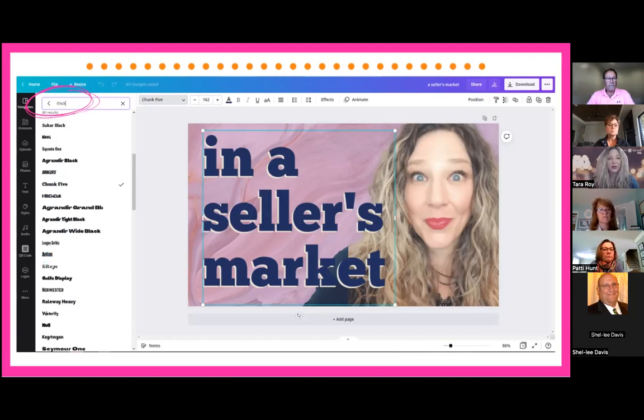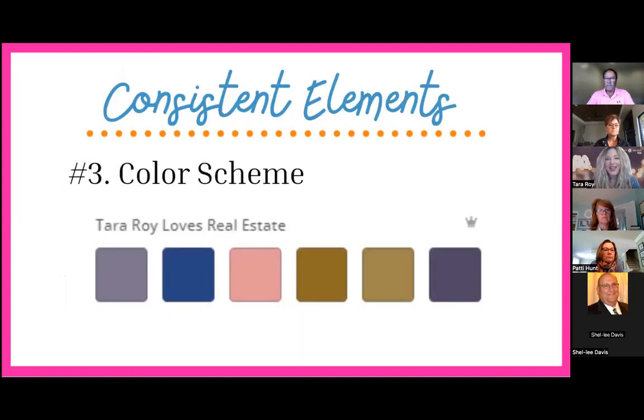So you want to make sure it's readable. Good point, Kelly. All right, the third consistent element that you want to make sure that you pay attention to when you're building your thumbnails is